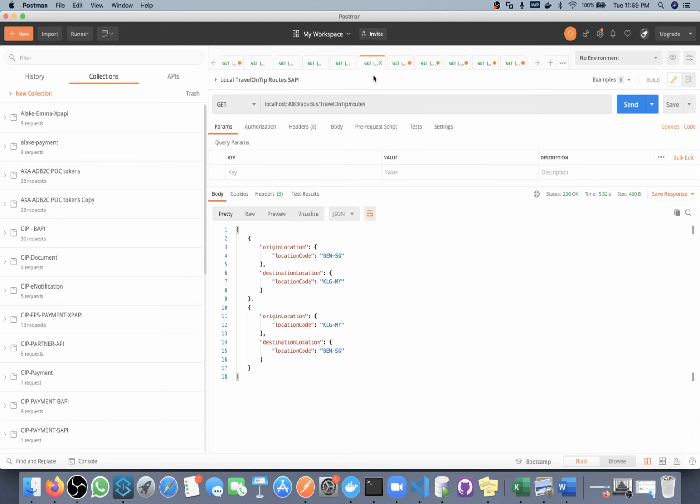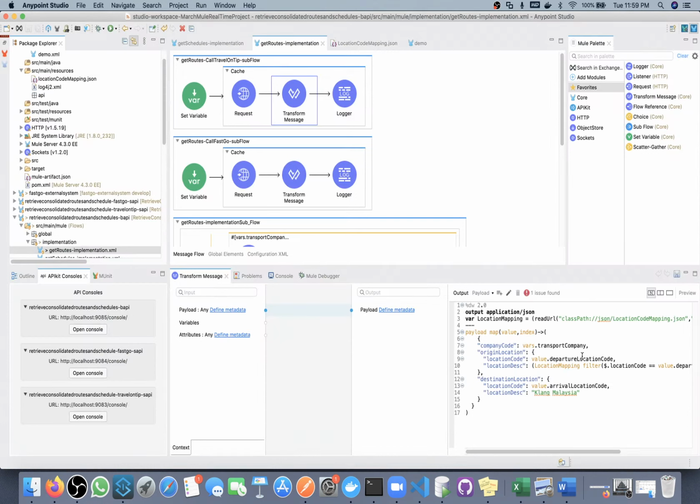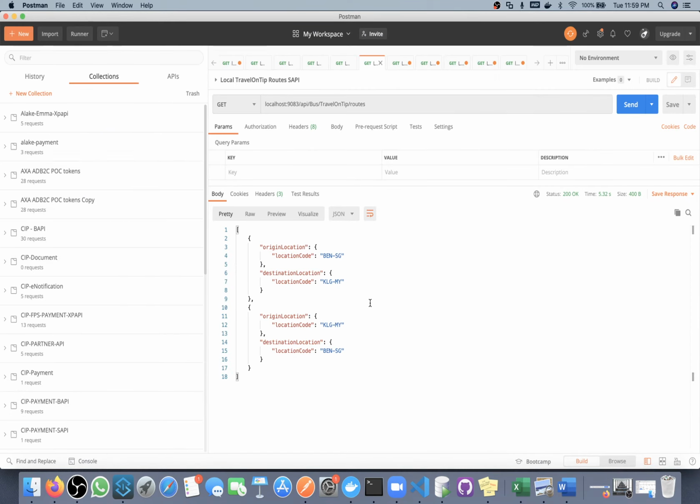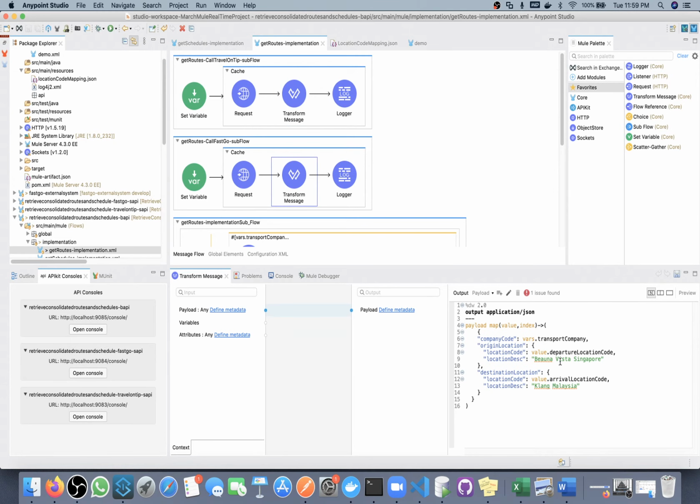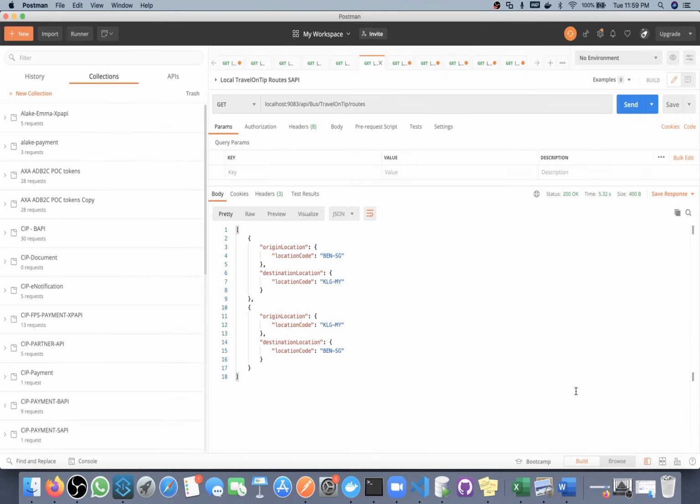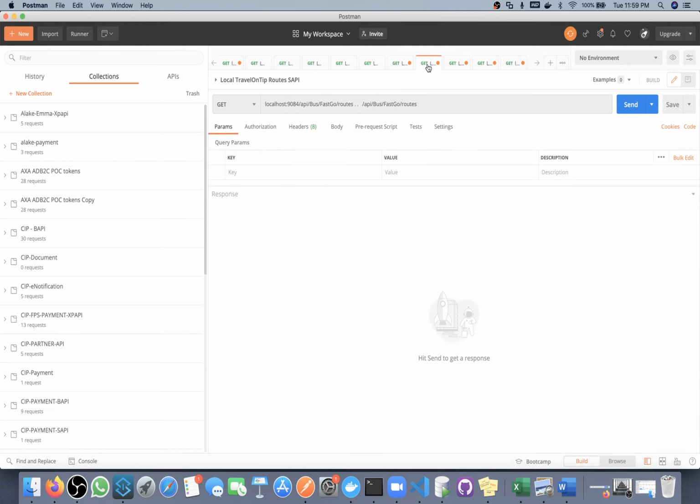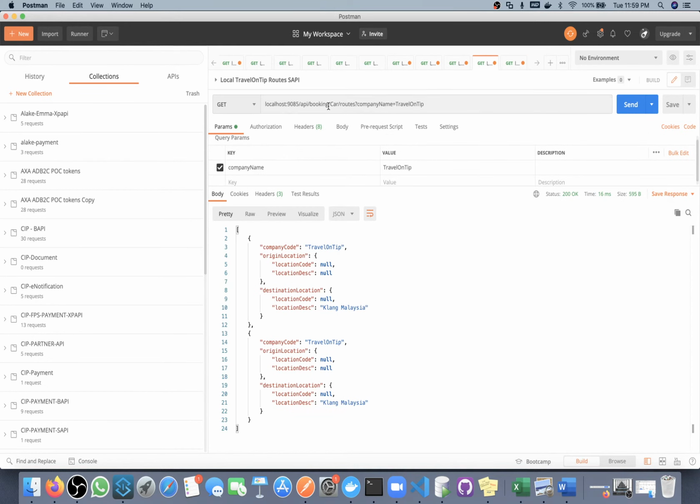So in the system API, origin location, location code, so value 9085.